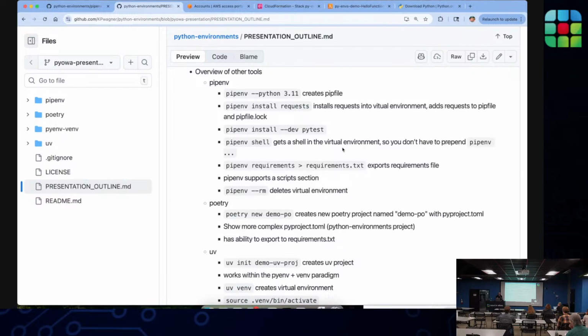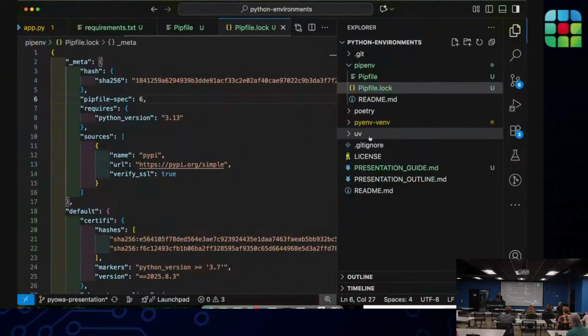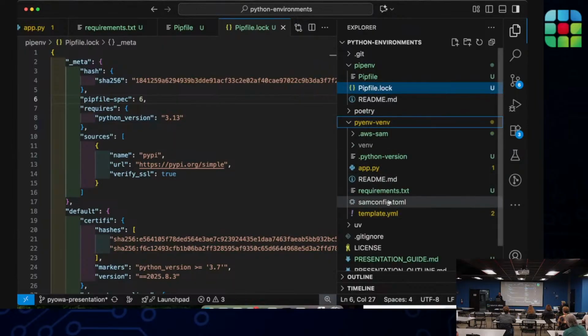Now, there will be some gaps. Your requirements.txt file isn't going to have everything in it that the project file had for pyenv, poetry, or UV, but that export capability is really handy. And it definitely fits into a deployment for AWS like we saw with a CloudFormation template and having it just pick up your requirements as a part of the natural build and deploy.